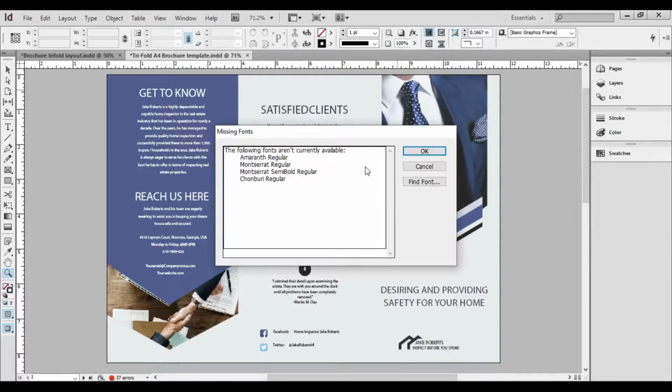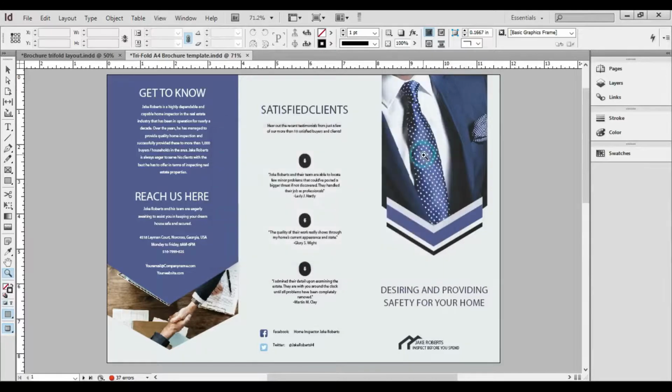And then here it is showing that some fonts are missing, so you need to check that all the fonts are there in your system. Once you resolve this error, click on OK, and then this file gets saved. Make sure that there are no errors. Here it is showing a few warnings and errors, so you should not have any warnings and errors over here. And then your brochure is finally done.